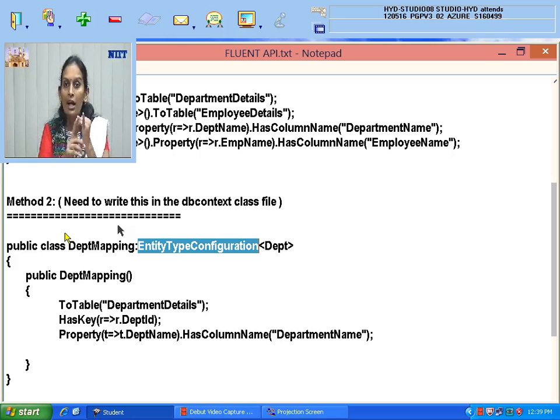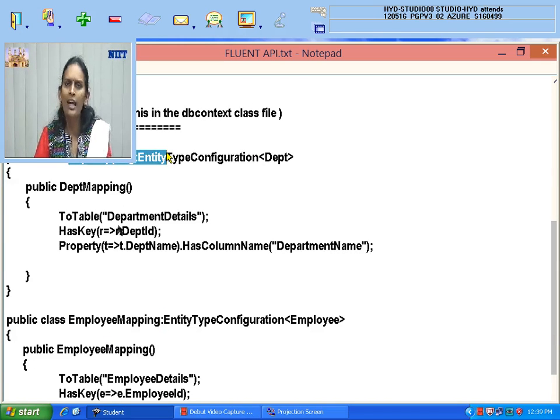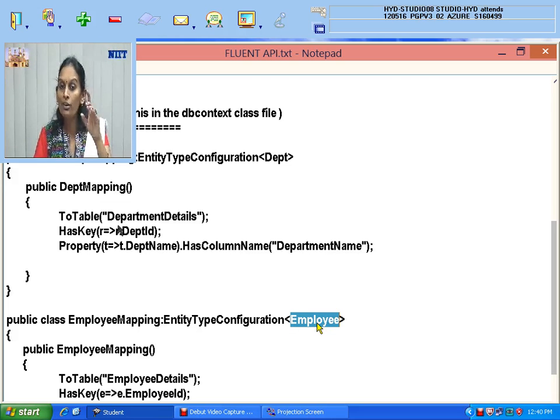I must say here, if I want to tell the table name differently and the column name different for student, then I create a separate mapping class for the student model class. Again one separate class for student, and for employee separately: two different classes. See here, I am creating for employee separately, and DEPT separately. Like that, in our case, for department and employee settings. So one specifies that I am telling the settings for the employee class members. You don't need to tell separately that I am doing it for the employee class, because of how you specified it.